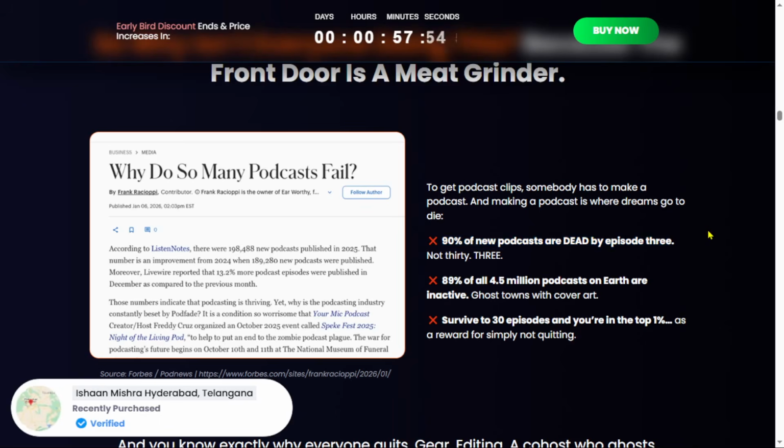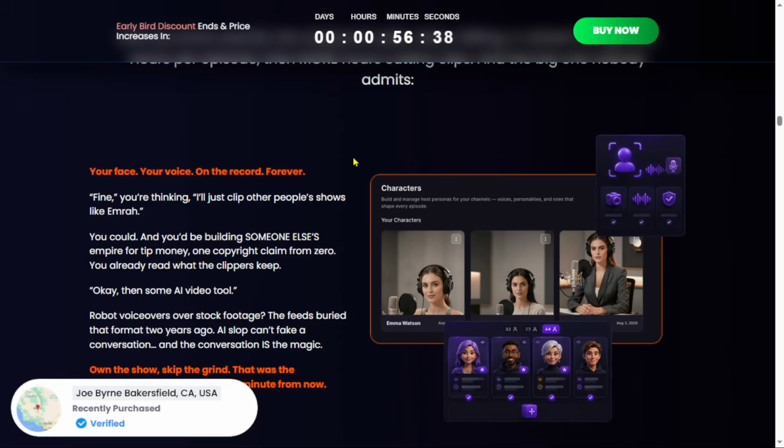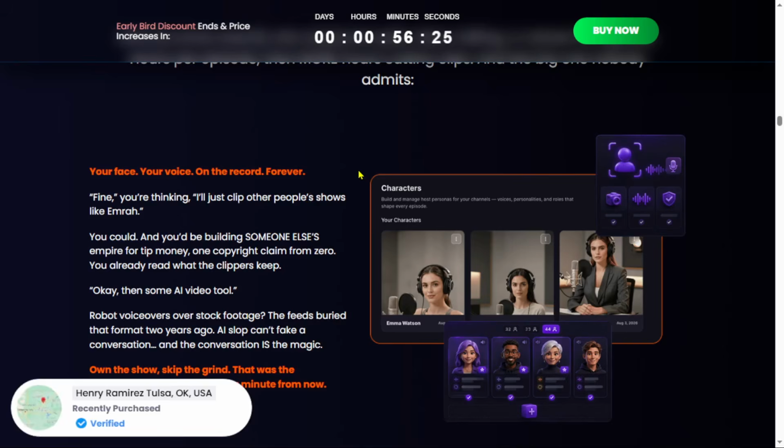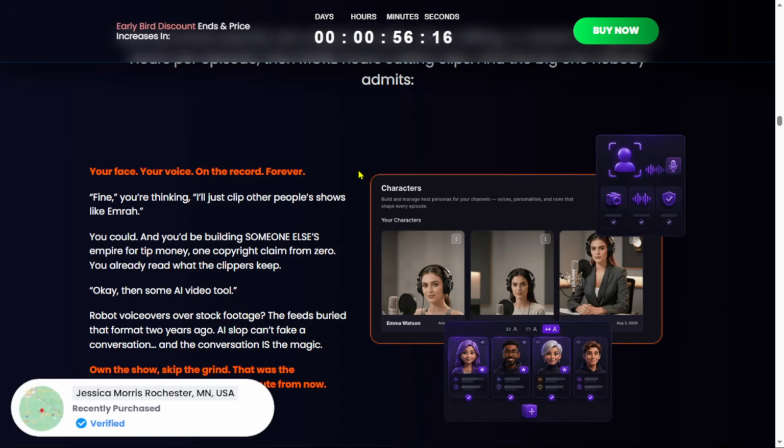That's why PodShorts takes a different approach. Instead of you doing every production step manually, it positions AI as a production team. The basic idea is very simple. You choose a niche, you provide a topic, then the system creates the show content, creates clips, distributes them, and connects the traffic to a monetization path. So this product is not just an AI video generator. It's trying to become an end-to-end content and distribution system.